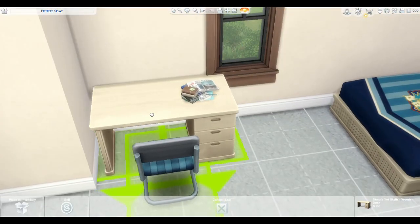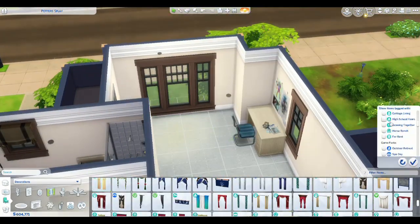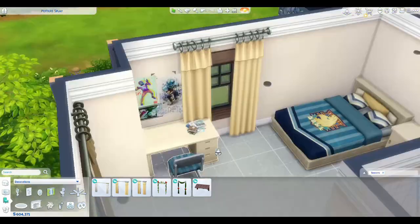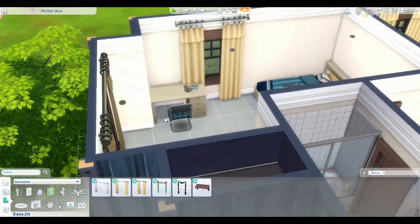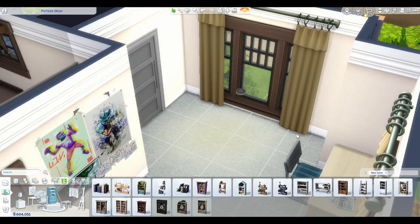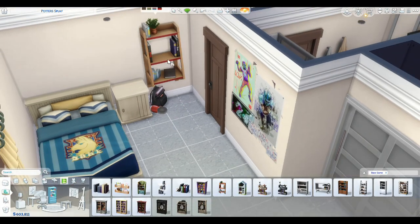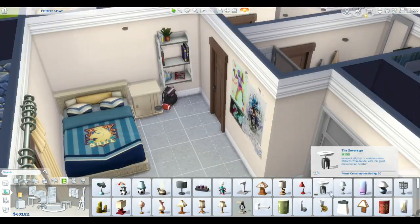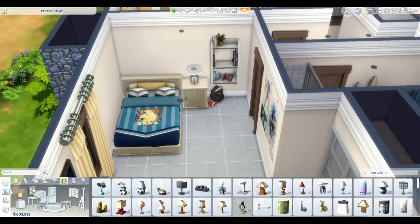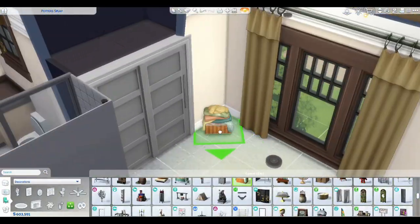and going to be adding some personality. I couldn't really tell when I was in the video if the cream desk blends too much with the cream wallpaper. I was just going with the same wallpaper through the whole house to keep it consistent. But I didn't know if the bed frame was too blending in, especially with the matching desk and side table. But I feel like it did turn out pretty well, so we are just going to be adding a little lamp on the side table, and going to be adding some wall art,